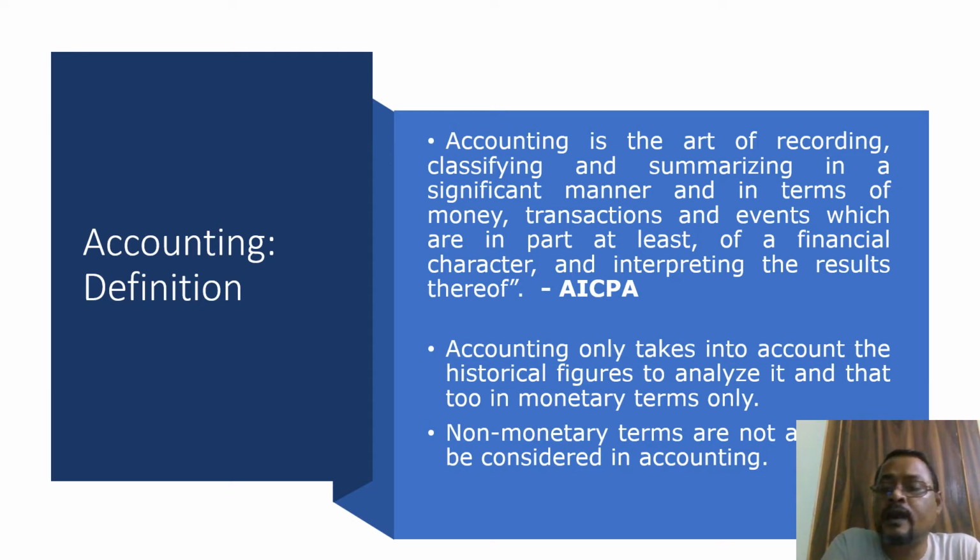For example, X is employed by Reliance Industries. If he is paid for the services he is rendering for the company, then it is known as salary. So he is paid a salary because he works for Reliance Industries. So it is an economic event which has monetary consequences. This can be recorded in the books, and thus accounting includes some person working for another and being paid for the service he renders.